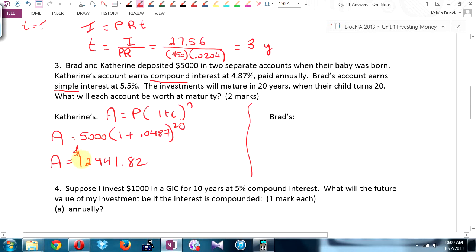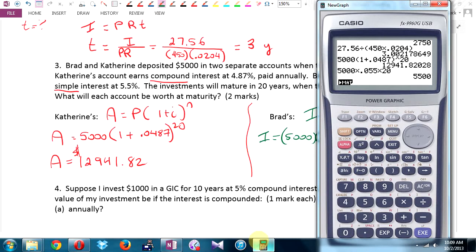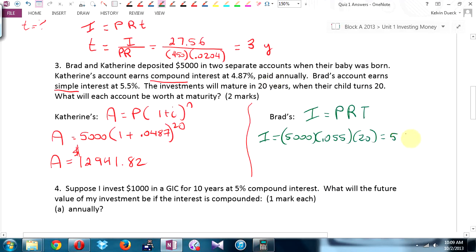Now let's do Brad. We'll change colors for Brad just so it stands out a bit. Now this is simple interest. It's going to be I equals PRT. The interest is going to be 5,000 times the rate, 0.055, times the time, and even $5,500. That gets you a half mark,